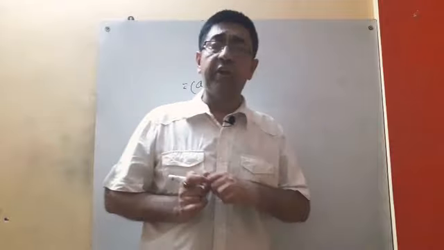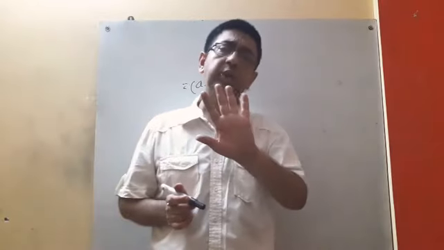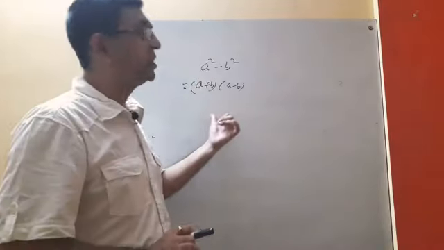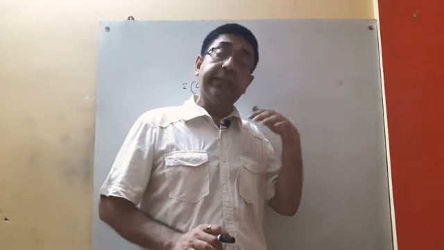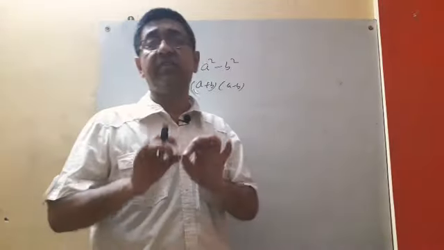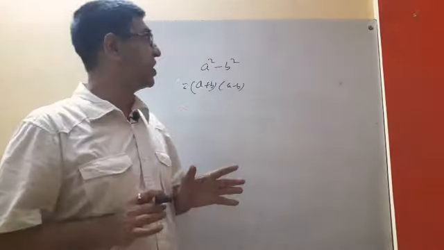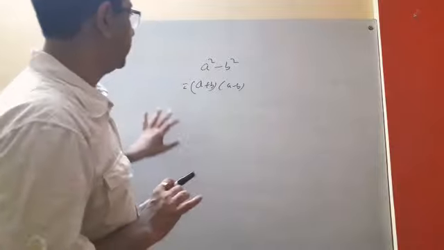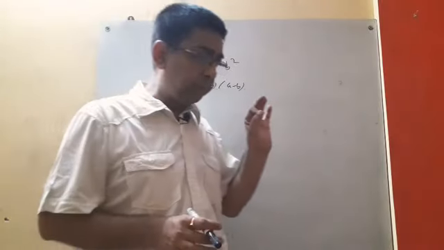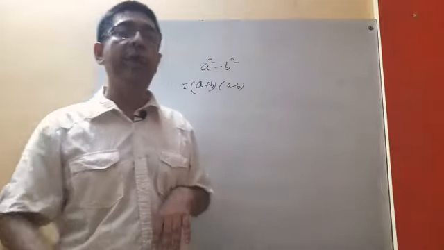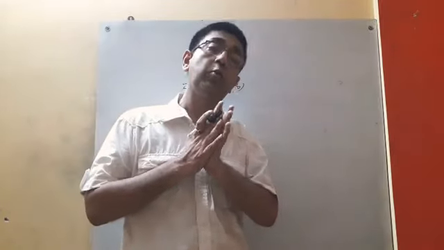So before seeing the video of expansion 1 and expansion 2, expansion 2 I have not uploaded till now, you should watch this video at least 2 to 3 times, and then you can understand that video, because in that portion I have already discussed some numericals on that chapter which often come in the exams. But it's not that only that will come in the exam. There are some typical sums I have already discussed. So go for these two videos, formula on squares and formula on cubes, algebra. These two videos you watch, then you go to expansion 1 and expansion 2. I think that will make everything clear.